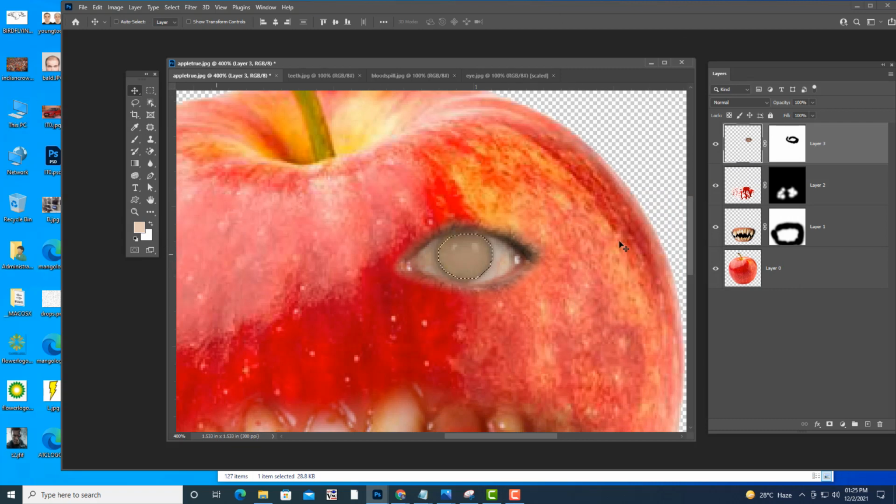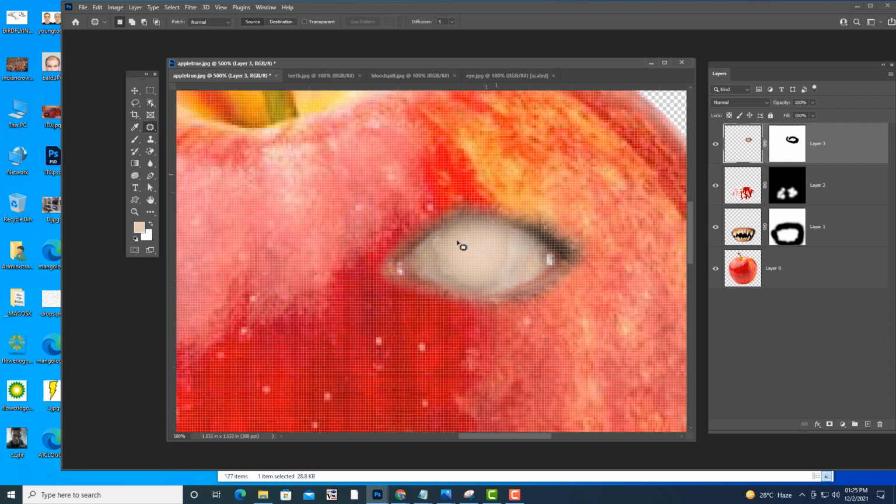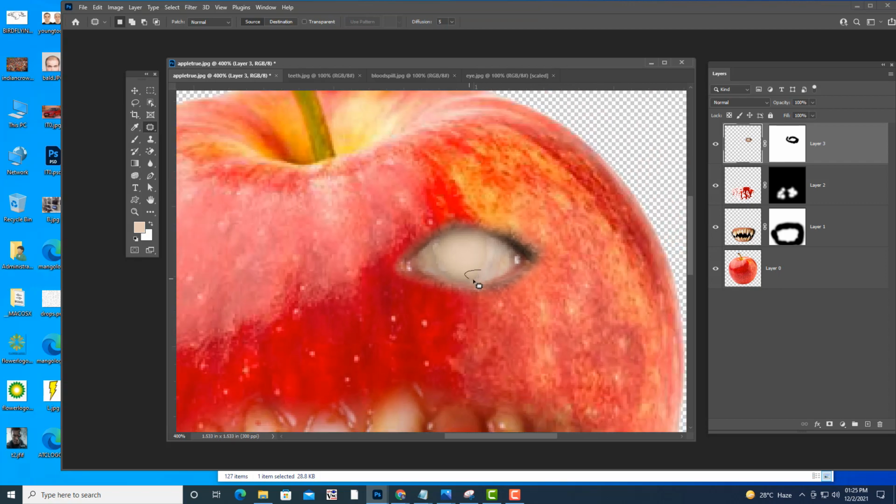So then what we'll do is we'll actually use a patch tool to remove some black color. You can use the clone stamper. Okay. So we can actually use a blur tool to just clean up.